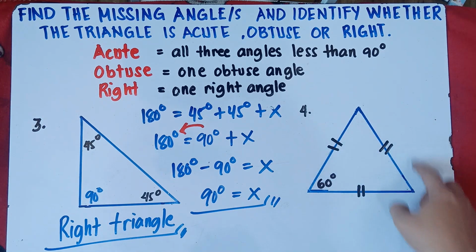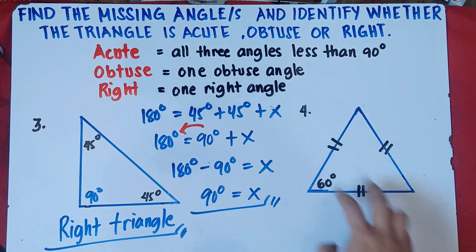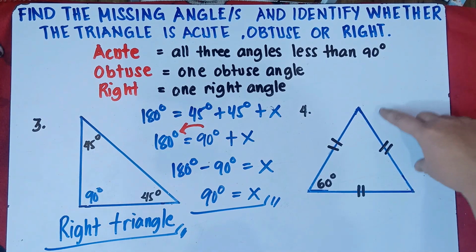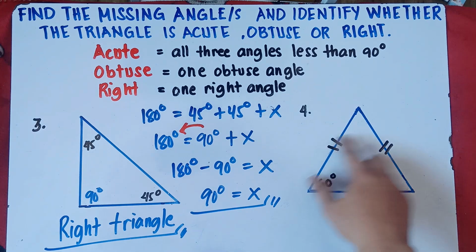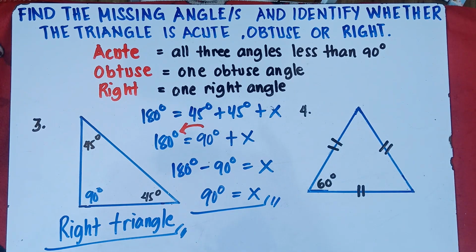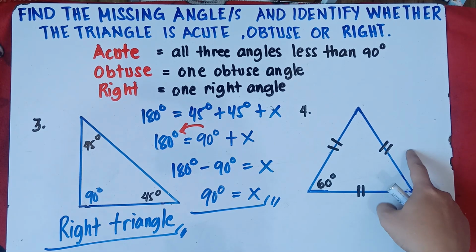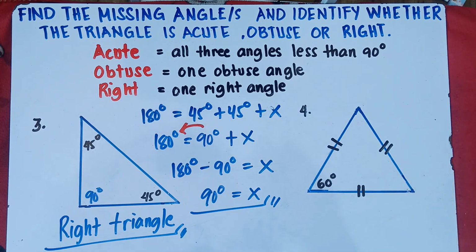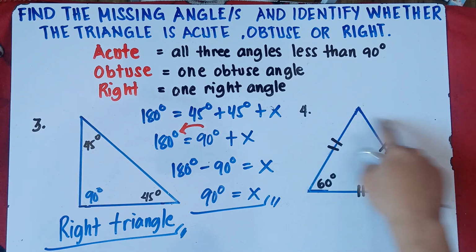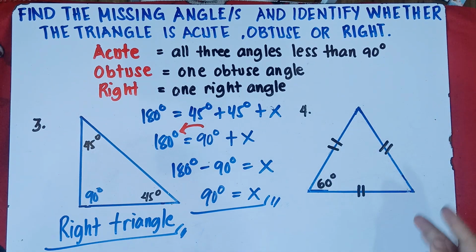But the good thing, we have the markings. This marking represents 3 equal sides. This side is congruent to this side is congruent to this side. So 3 equal sides. Now if you have 3 equal sides, this triangle is what we call an equilateral triangle. Now for equilateral triangles, class, 3 angles are congruent. We call that one an equiangular triangle. An equilateral triangle has 3 equal sides, then 3 equal angles. Therefore, this is also 60 degrees, and this is also 60 degrees.